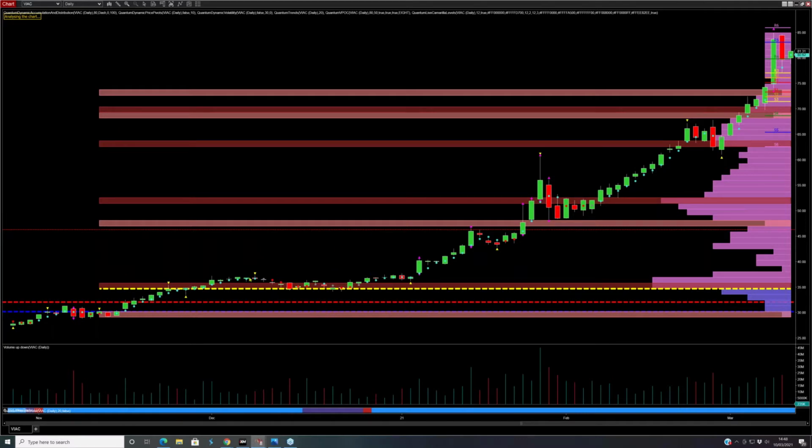And it doesn't do anything. It's actually at the volume point of control. It's just moving sideways. There's volume going in on both the up bars and the down bars. There's a very strong platform of support that we have here. This is the NinjaTrader price based support and resistance. And the great thing about this one is you can see this line is thicker than this support line here, and that's because it's been tested, so it's much stronger. So that tells you, not only do I have the volume point of control, but below it I have a really strong platform of support. What support and resistance also does is help you with placing your stop losses. So there we are, we have this moving sideways.